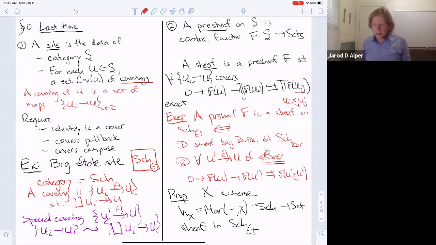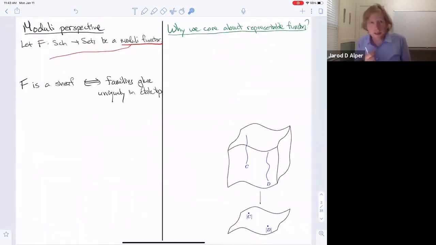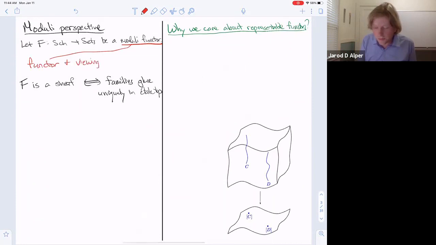Yeah, so these were the definitions. We had sites, pre-sheaves, and sheaves. Okay, and now I want to explain how this fits into the moduli perspective. And here I'm going to take a functor, and I'm just going to call it a moduli functor. When I use this terminology, moduli functor, all it means is the informal terminology to mean functor plus you're viewing F of S, the sections over a scheme S, as like families